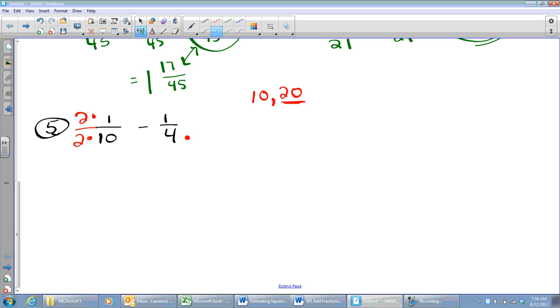And I'm going to do this by 5. And all I'm doing is multiplying by a special form of 1. It changes the way my fractions look, but it doesn't change their value. Okay, so this will be 2 20ths. And then I'm going to assign that negative there. And I have negative 5